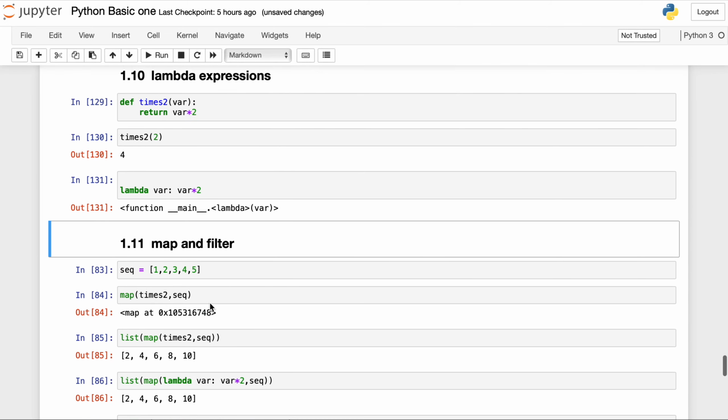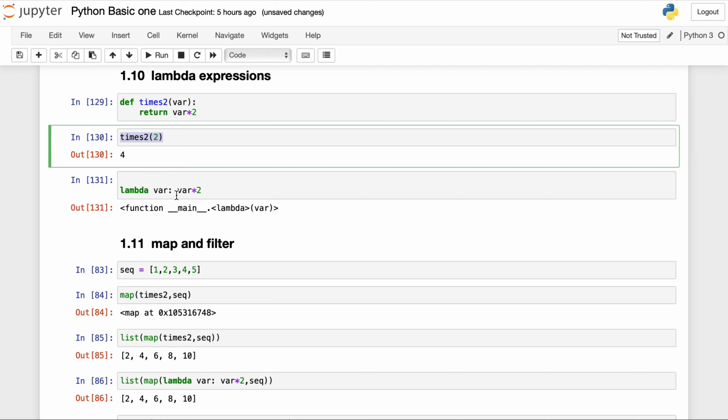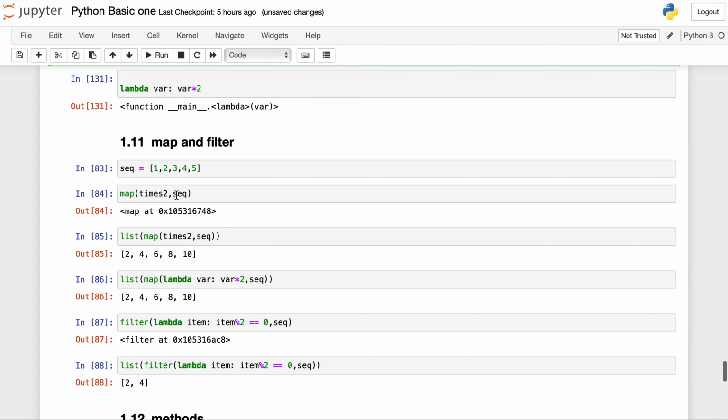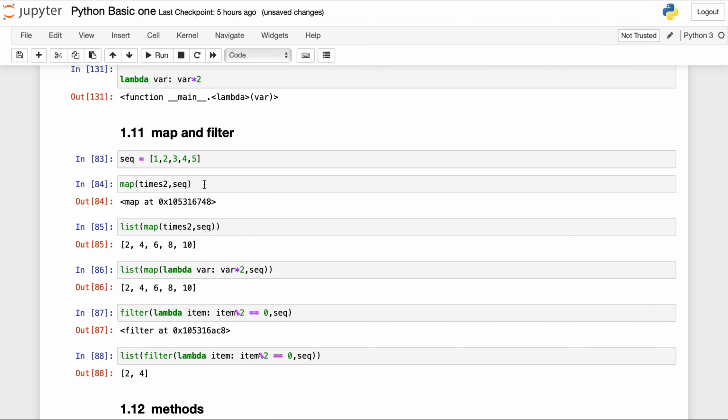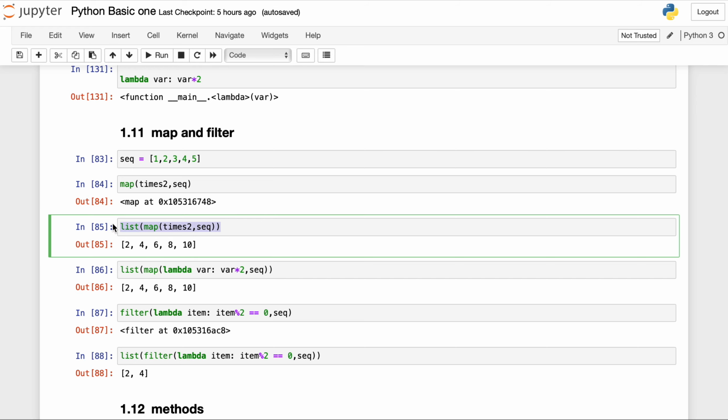Times 2 is my function, so you can pass it on. This will multiply our values by 2. Once you pass it inside a map, all the values will be converted to 2 times, and you can put it inside a list to give your output as a list.